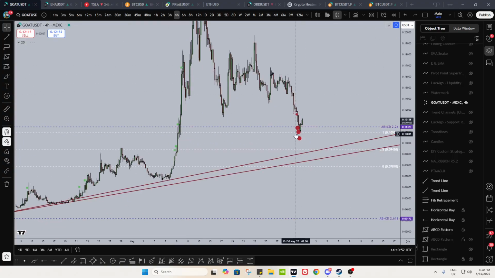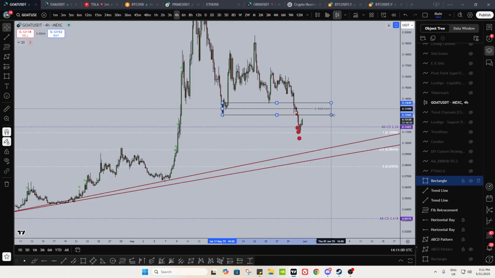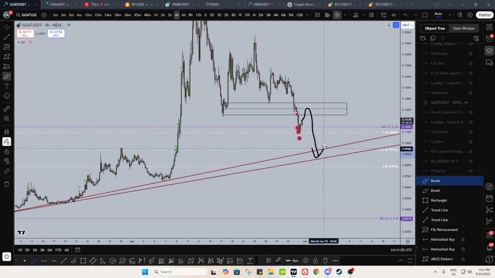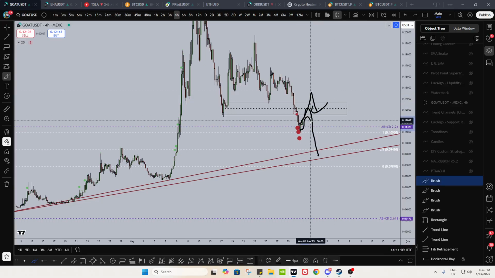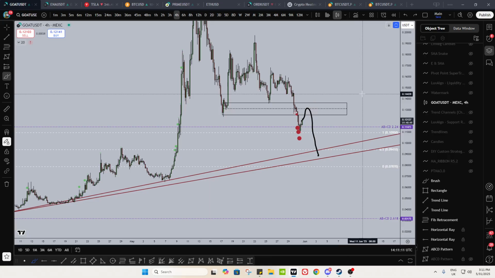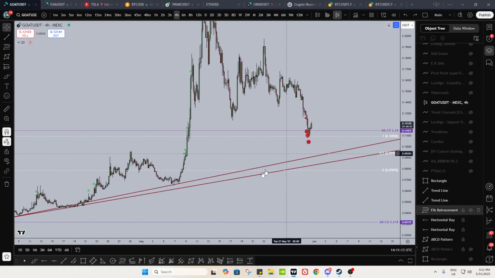Aggressive selling going on, not being rewarded for now, as you can see. However, we do have this that's going to be providing resistance, which is why I wouldn't long quite yet, right? It's just not worth it in terms of risk to reward. If you go here, you could put on a lower high and have another drop down. So either you do this and you get in, or you go down here and then you get in, one or the other right now. Okay. But yeah, that's Goat.